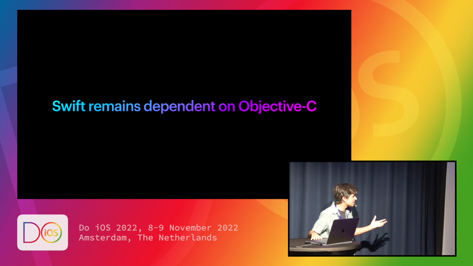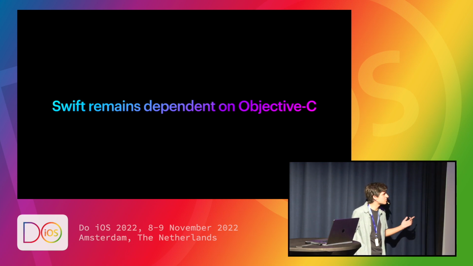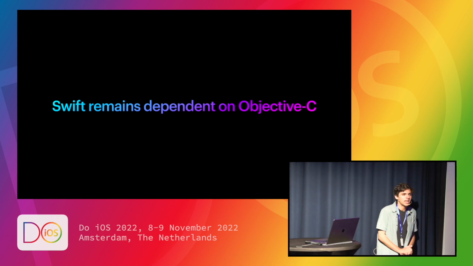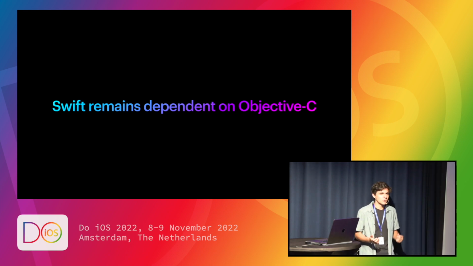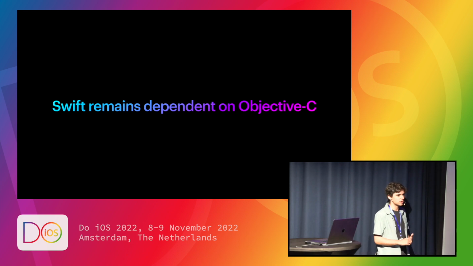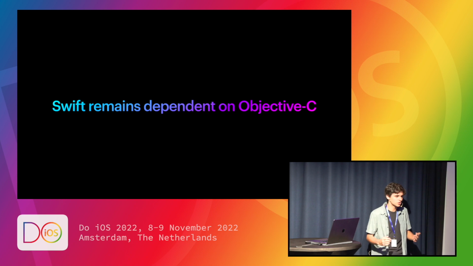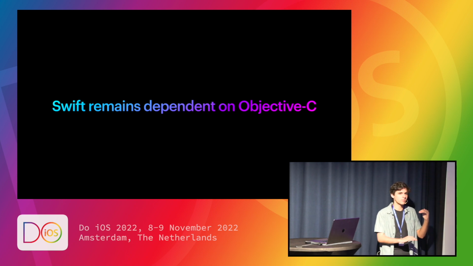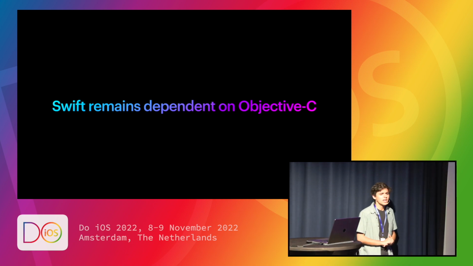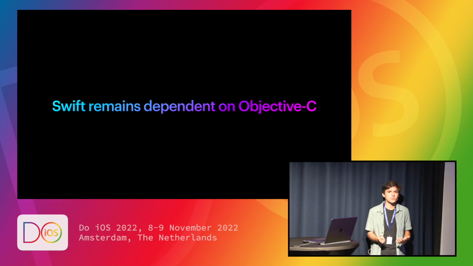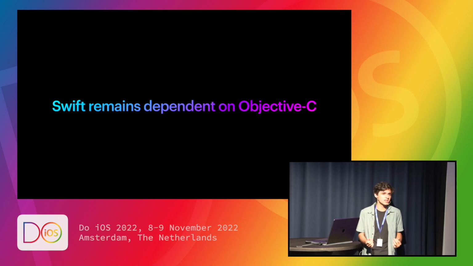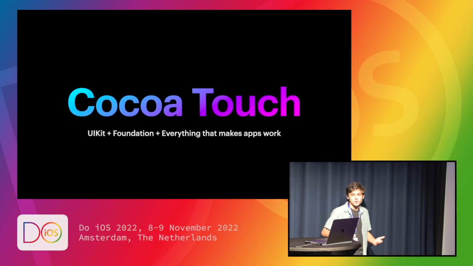So that still leaves us with one small problem, which is that Swift is dependent on Objective-C. And our only real issue with that is that we still are stuck with UIKit up until now. And UIKit is entirely based off of classes, which are those reference types. And that leaves you with that whole ARC debate over, should I be using high-level memory management or low-level memory management? Objective-C is pushing for that low level. Swift is pushing for that high level. And at the same time, they're still so tied together because whenever you're using Swift, you are still fully dependent on the existing libraries that are made with Objective-C. And that's where we have Cocoa Touch.